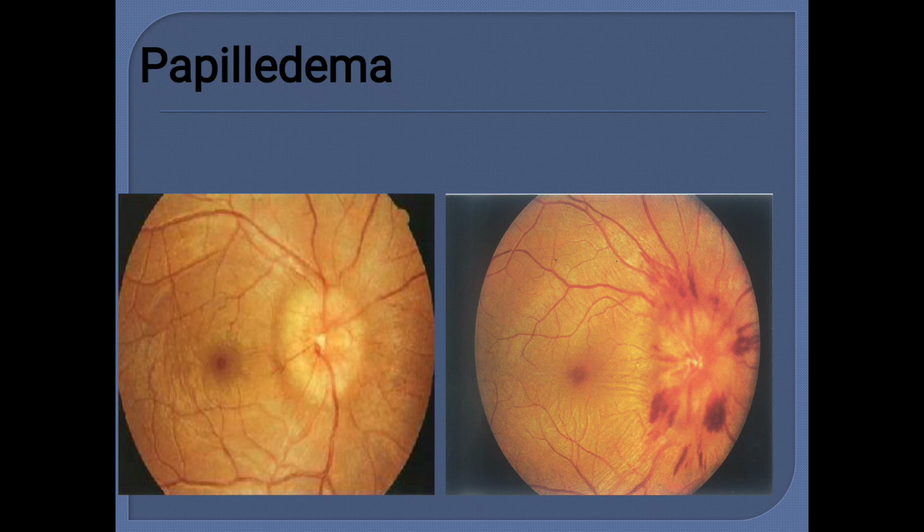So how does it look? The first thing that happens is shallowing of the optic cup. The cup of the optic disc first becomes filled. So there is shallowness of the optic cup, followed by blurring of the optic disc margin. And as the papilledema progresses, there will be edema of the optic disc, and then there will be hemorrhages. The optic disc will look red and hyperemic, and there will be hemorrhages around the margins of the optic disc.